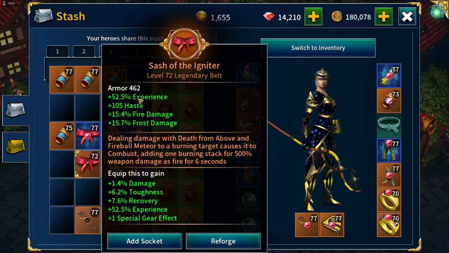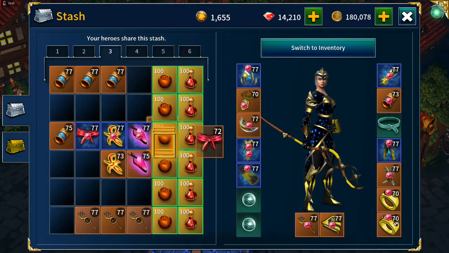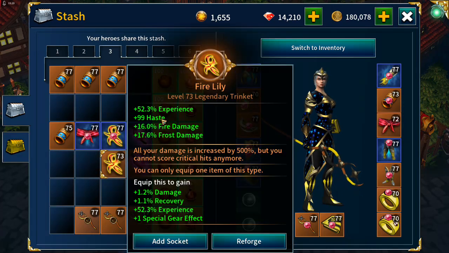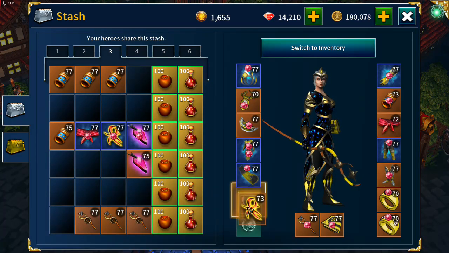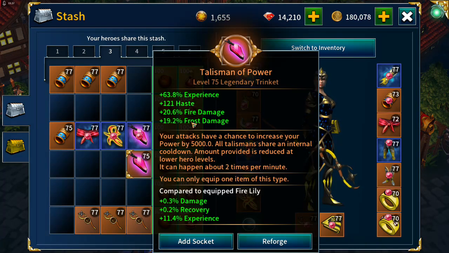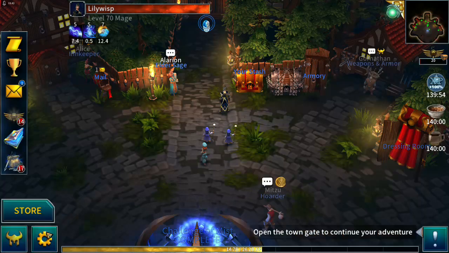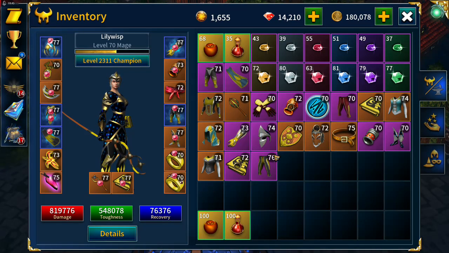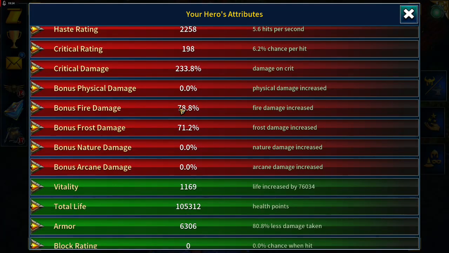And here we're dropping ability rate that we had and replacing that with frost damage. Again here, ability rate removed and frost damage added. And the last one, ability rate removed and frost damage added. And the reason for that is to improve our damage at the Broken Dragon stage. So, because those aren't level 77 items, obviously our fire damage has come down, but we've now got 71.2% frost